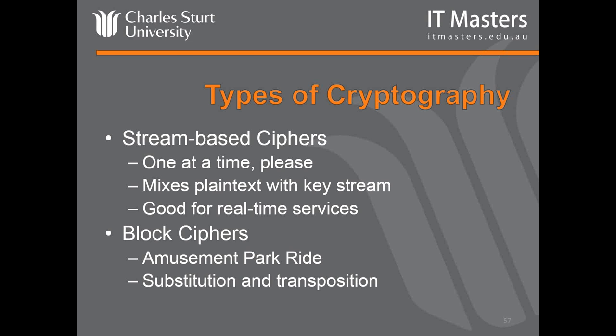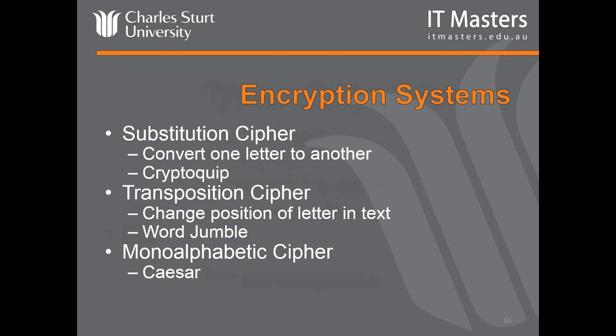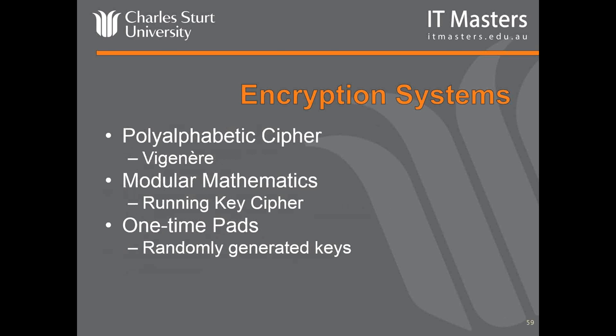Block ciphers are more like an amusement ride. The roller coaster stops, everyone gets out, everyone gets in, off it goes again. Everyone gets out, everyone gets in, off it goes again. It uses combinations of substitution and transposition, words you also need to know. There are things like substitution ciphers, converting one letter to another, word jumbles, transposition, changing the position of a letter in text, and monoalphabetic ciphers such as Caesar or the Captain Magic decoder ring, which is really a type of Caesar cipher. We also have polyalphabetic ciphers such as Vigenère, modular mathematics, which are more common for modern systems,